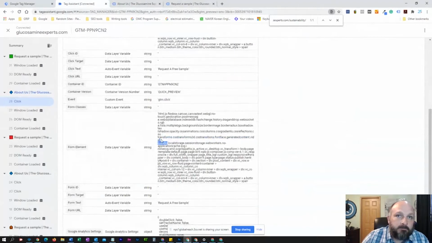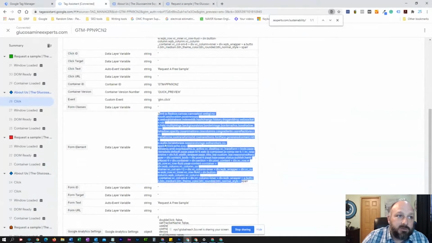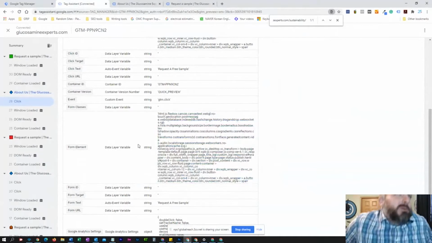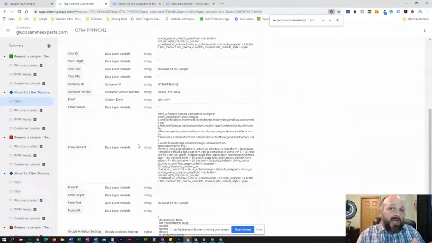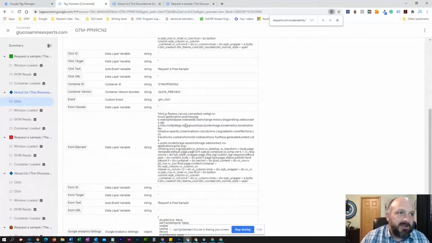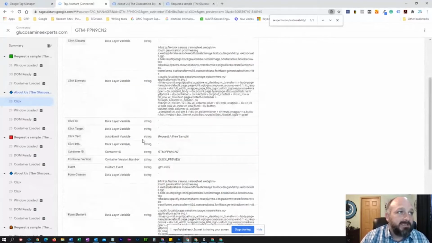So I think having this long of a section here causes issues with Google Tag Manager. Otherwise, you'd be able to track that by itself. And that's something that I'm actually going to ask development about when I get done, to see if there's something I'm doing wrong on that. But form elements and click elements, unless it's